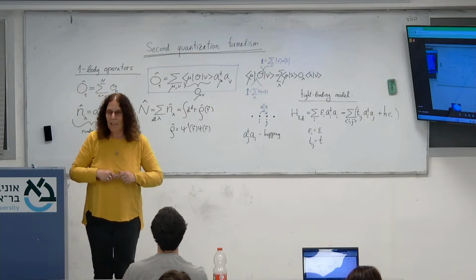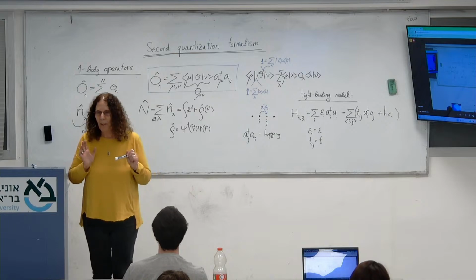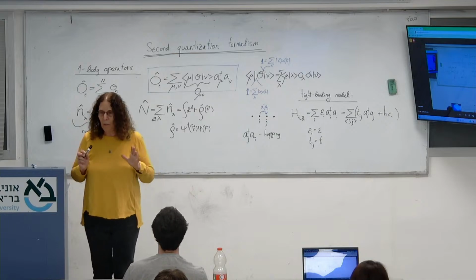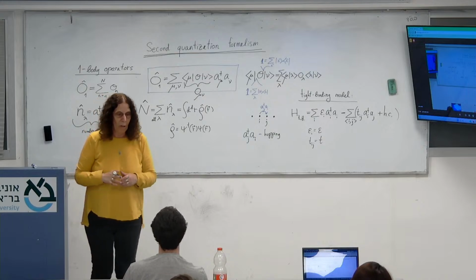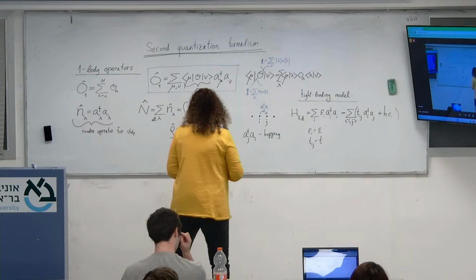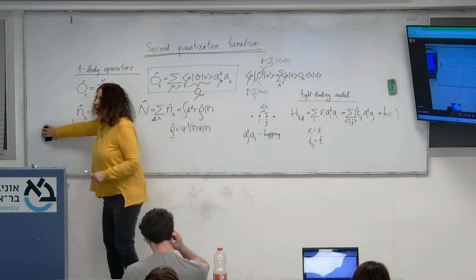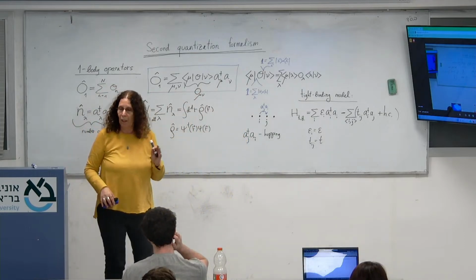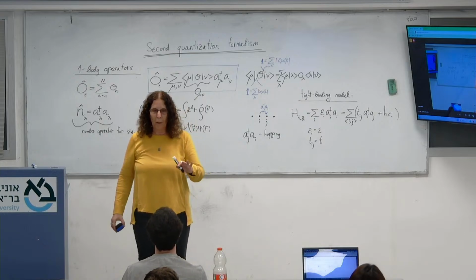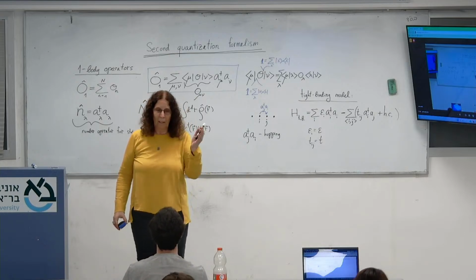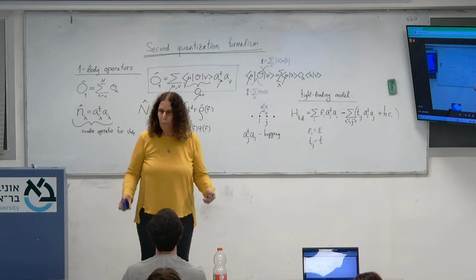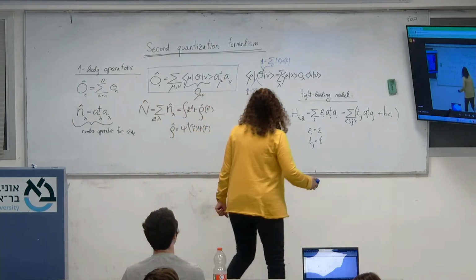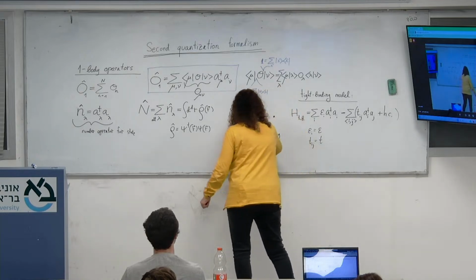Electrons are particles that have another degree of freedom that cannot be described in real space. What is it? That's spin. So, more generally, for particles with a spin, or it doesn't have to be a spin, it can be some other internal degree of freedom, like a pseudo spin of some sort,